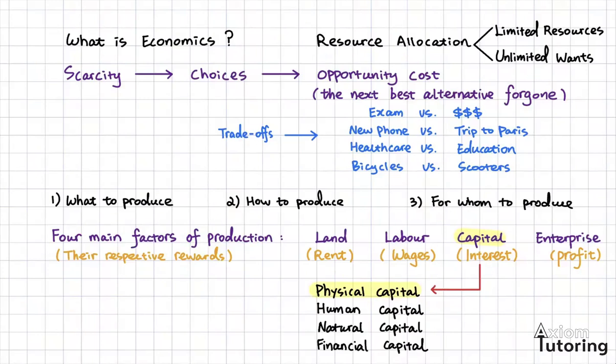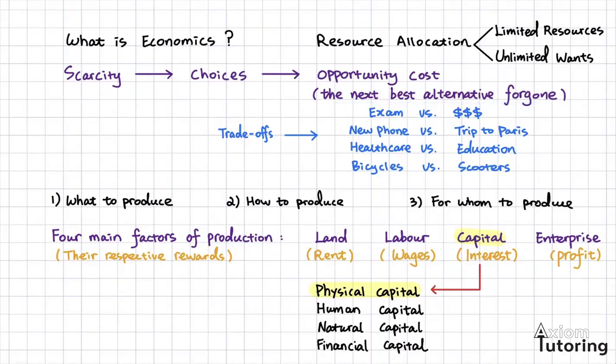There is a big tension of life, scarcity. It means there isn't enough of everything for everyone to have what they want. So every society has to decide how to use what it has. Scarcity leads to choices being made. Every choice entails an opportunity cost, which by definition is the next best alternative forgone.